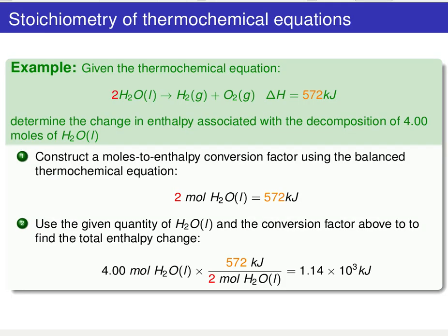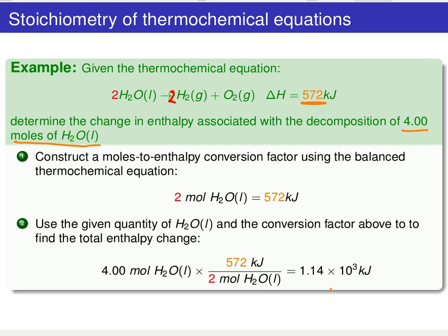So to see an example of this, let's consider the reaction of the decomposition of water once again. So we know that if we decompose 2 molar equivalents of liquid water, we're going to form 2 moles of H2 gas and 1 mole of O2 gas, and the associated enthalpy change is 572 kilojoules. And so in this problem, we are to determine the change in enthalpy associated with the decomposition of 4.00